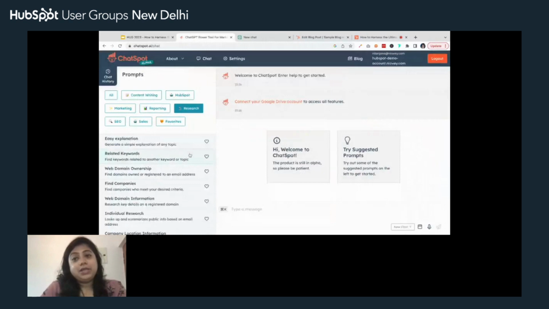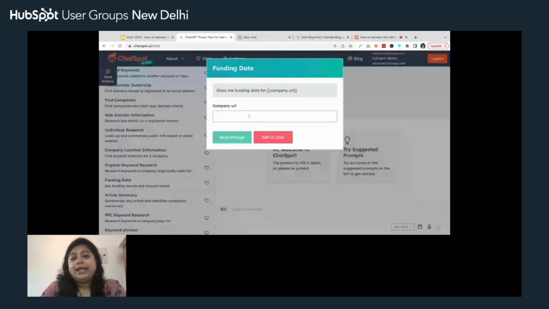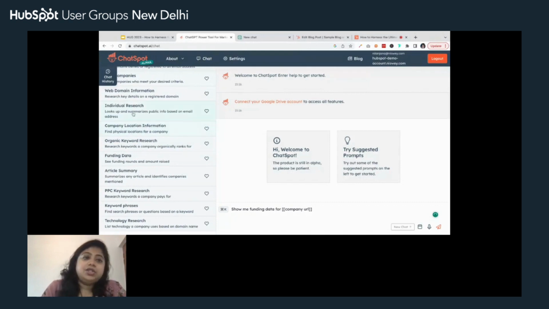So what ChatSpot is able to do is, if you have a company name, you can just add a company URL, and it is going to pull some information on their latest rounds of funding, amounts raised, and stuff like that. There are some other company location research, individual research. So with ChatSpot, there is some amount of intelligence that can research current data.